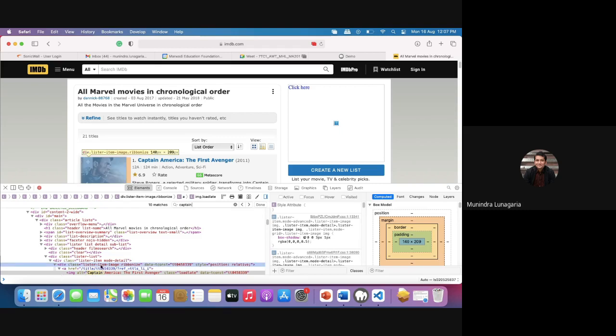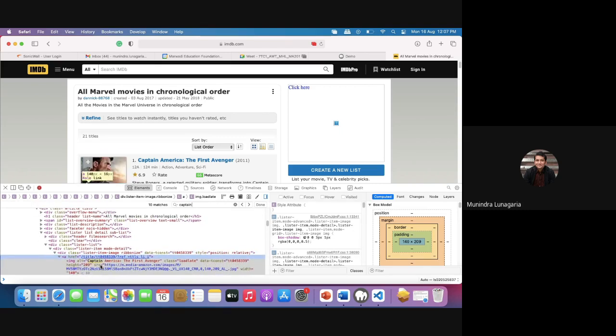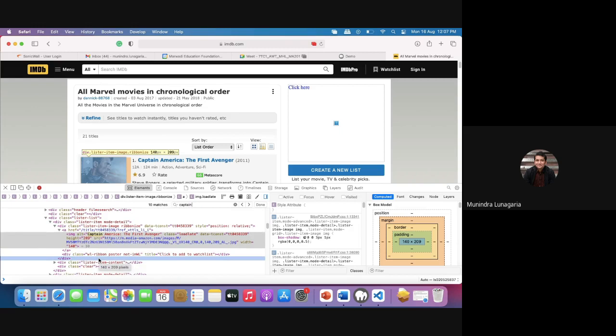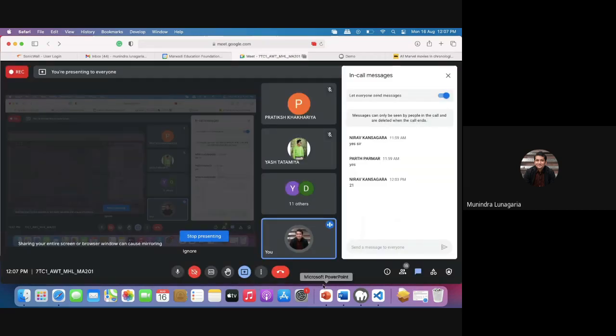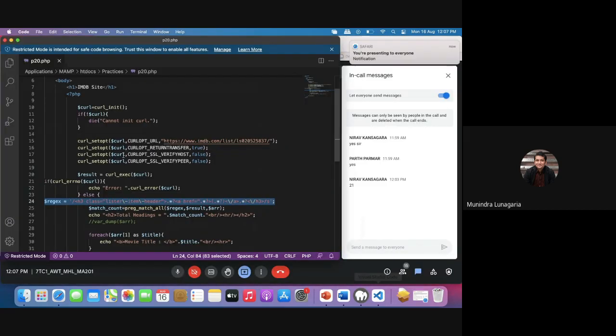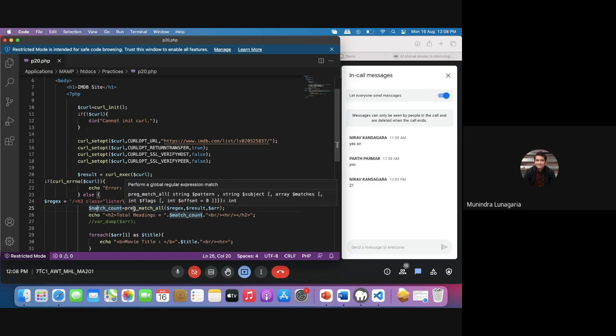This is a lister item class. Take a look at this. Lister item, right? Under the lister item, there is a hyperlink, so I need to write a regex for that. h3 class lister-item-header, href, hyperlink, .*?, /s. This is a regular expression matched pattern. Now I'll do match count. What exactly am I choosing? Another function, the regular expression function preg_match_all.